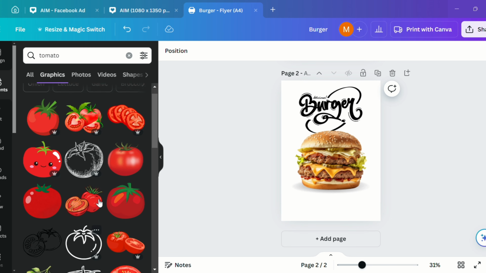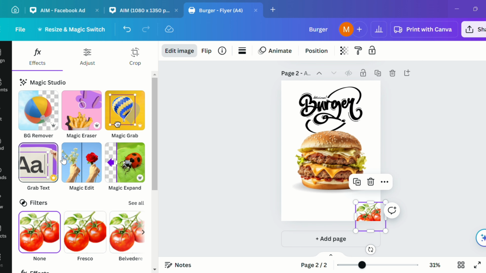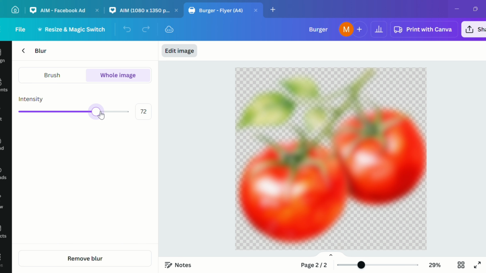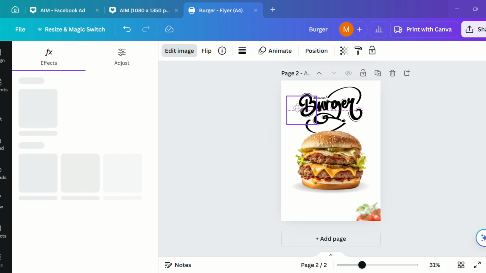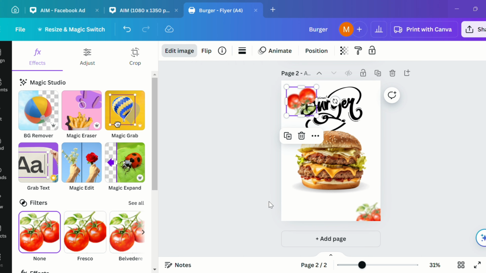After that we will add a tomato in it, and I'm adding a tomato and editing this image so I could blur it. I'm keeping the intensity to 72 and copy it, then flip and place it. Okay,